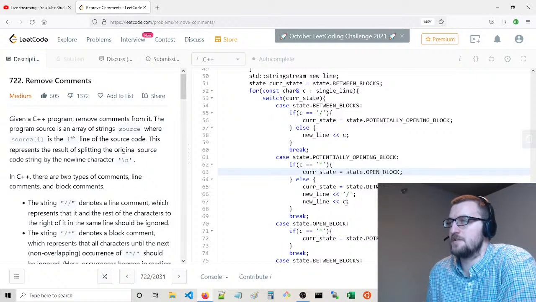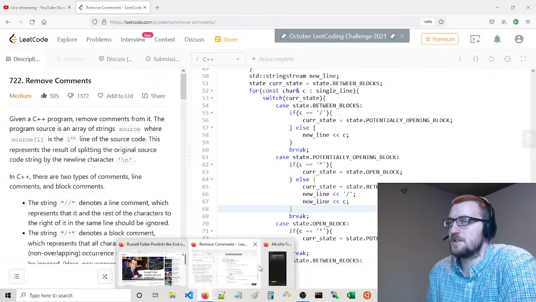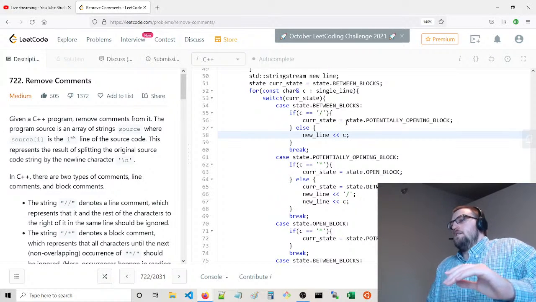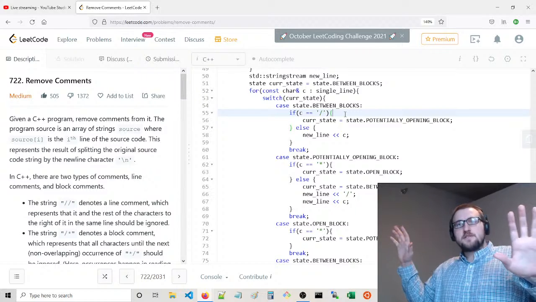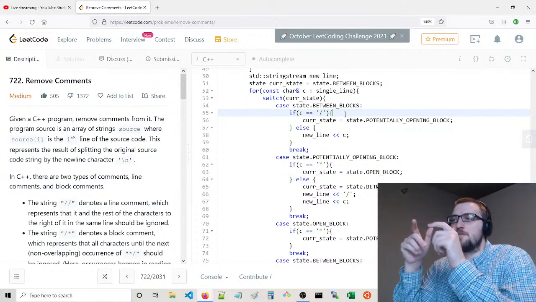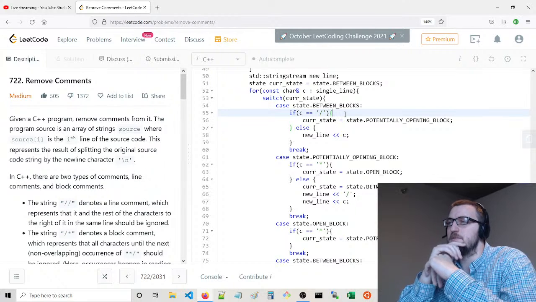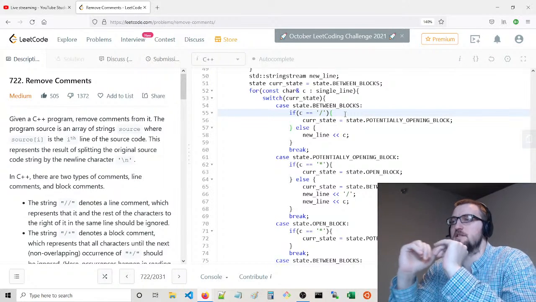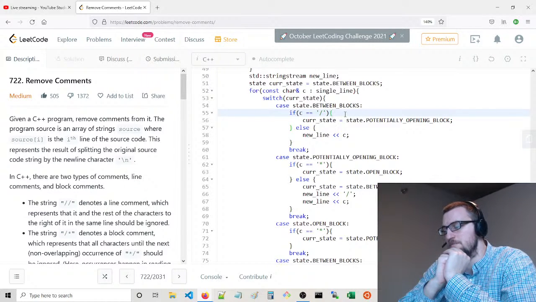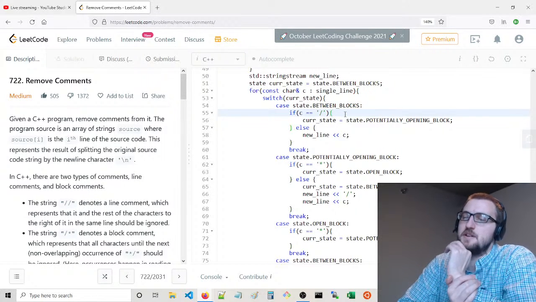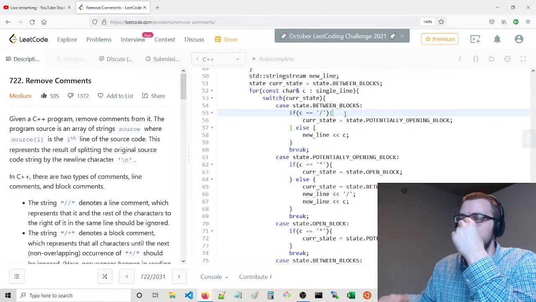Take that back altogether. What's actually going to happen is this string stream is just going to be one single stream, and we're going to do another processing step at the end to split it based on the new line characters. We want to place each line in a new string in the return vector. That's the way to do it. If we do this at the same time, it'll be a little bit too confusing, I think.